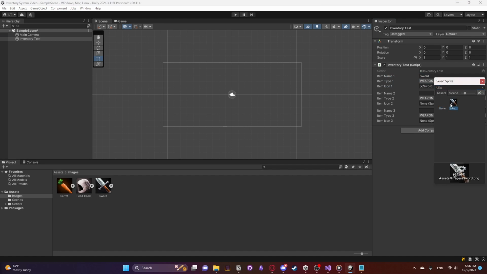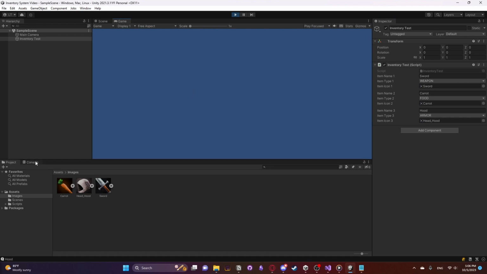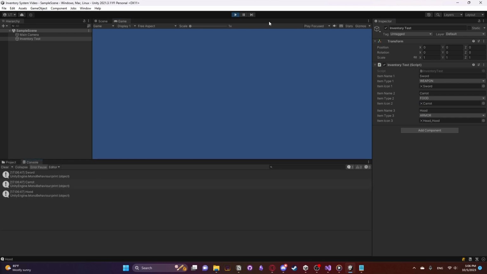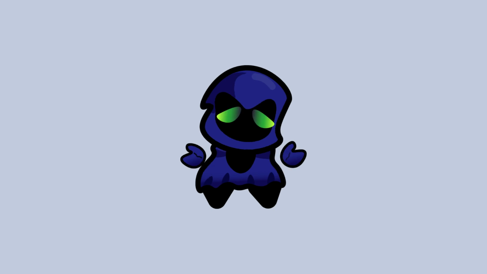component to the object. We'll add a sprite for each of the items, give them names, and then make sure to set their item types appropriately. Now, if we hit play, we should get the names of each item in the log, and we do. This works nicely, but